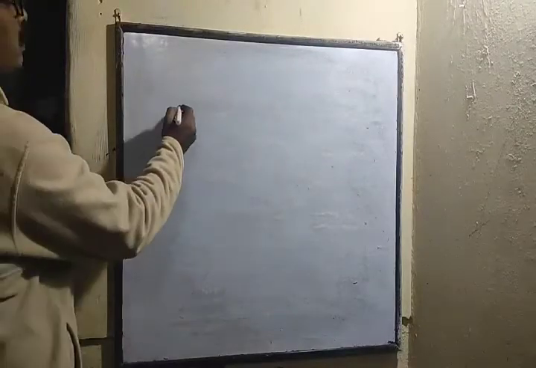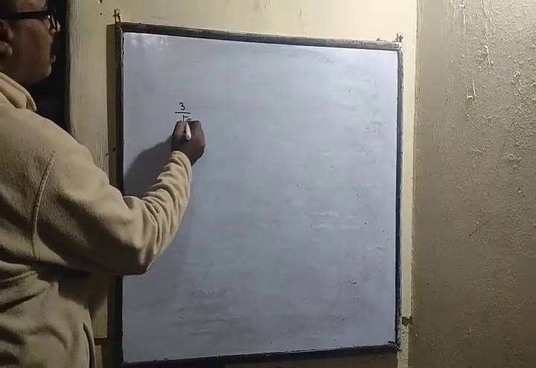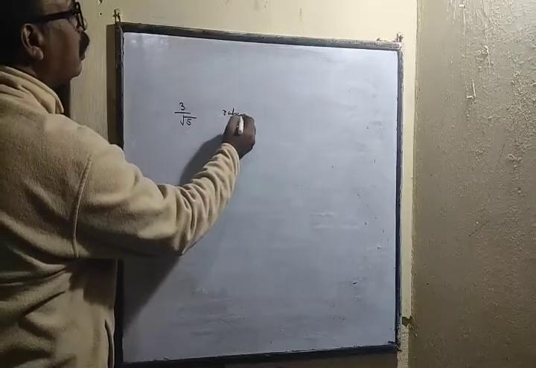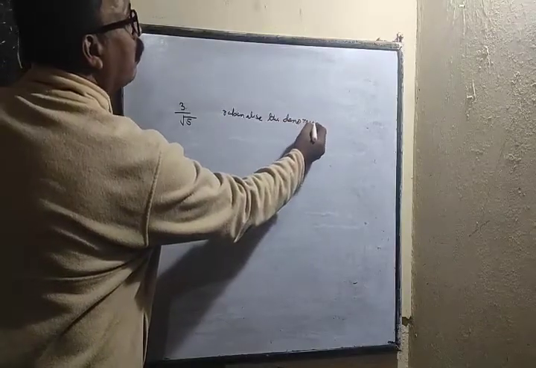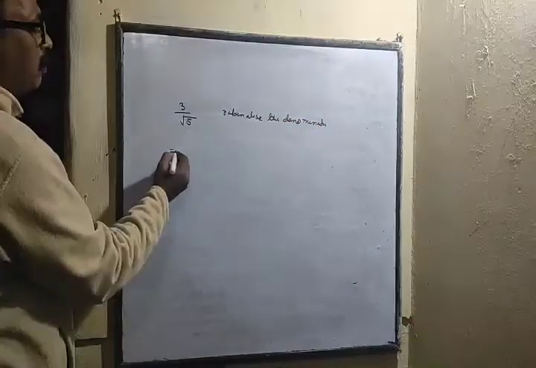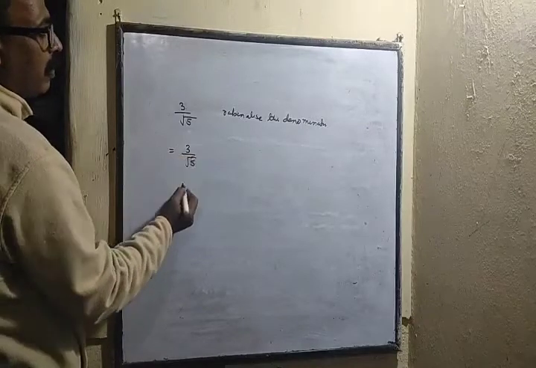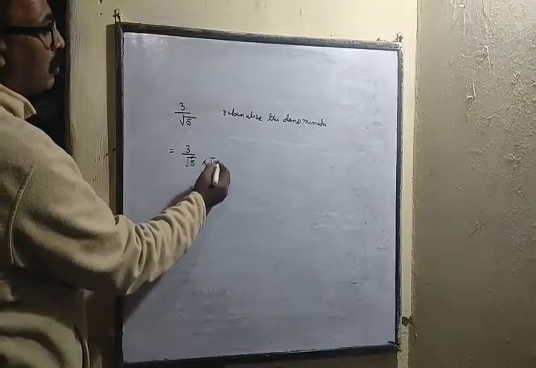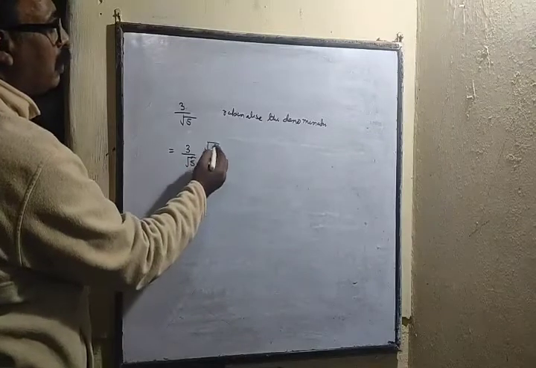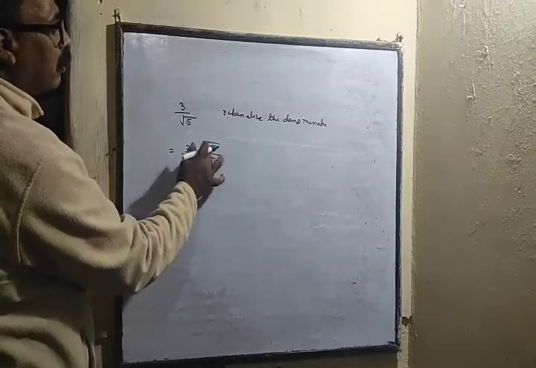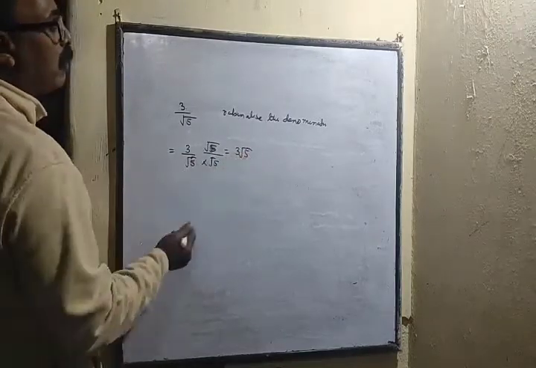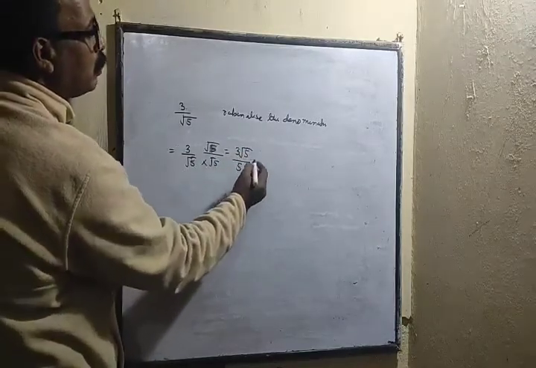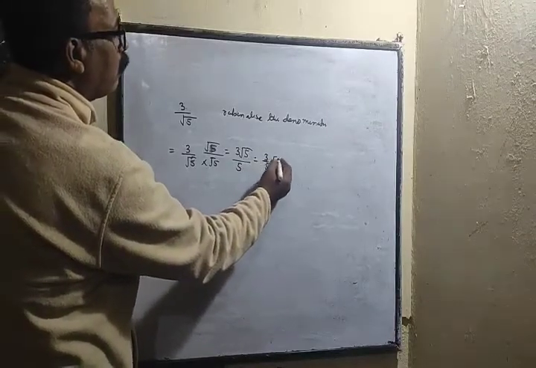Now we are going to learn to rationalize the denominator. Like if it is given 3 by root 5 and it is mentioned rationalize the denominator. Then what you do, that is equal to 3 by root 5. Root is to be removed. So it will be multiplied here by root 5 and it will be multiplied here by root 5. So the numerator will become 3 root 5 and root 5 into root 5 is 5, root is removed. So your answer will be 3 root 5 by 5.